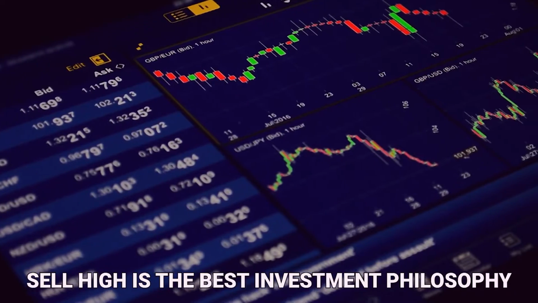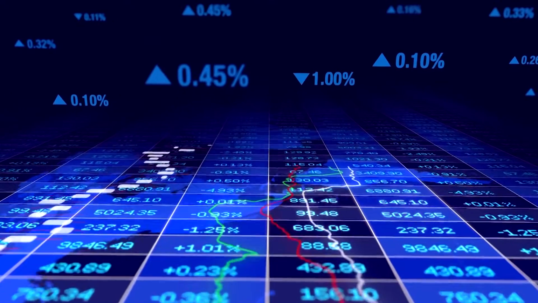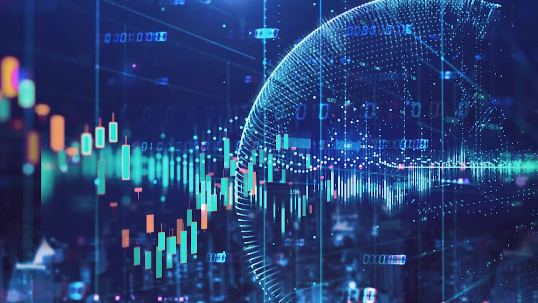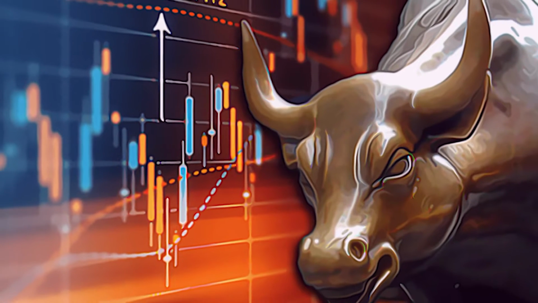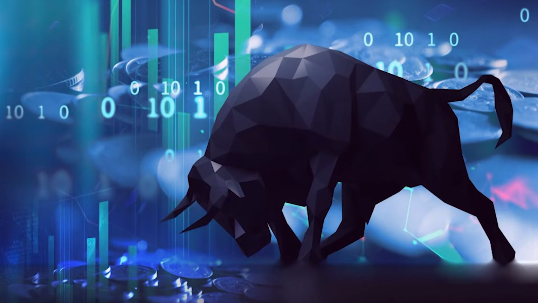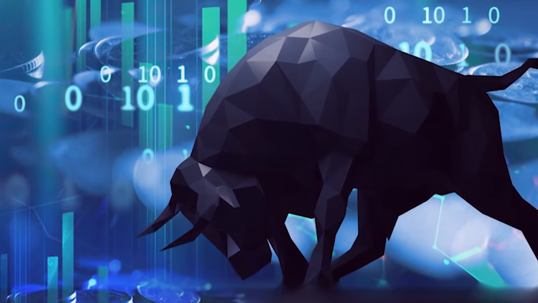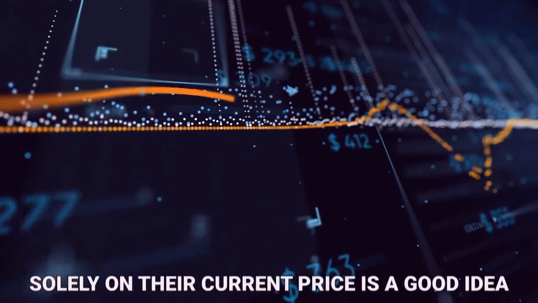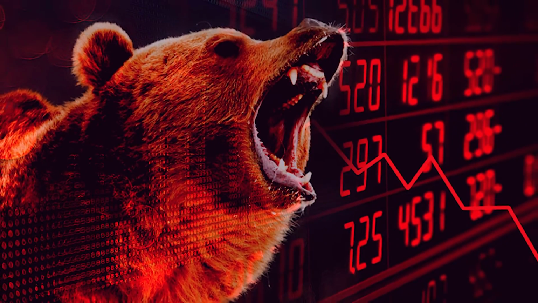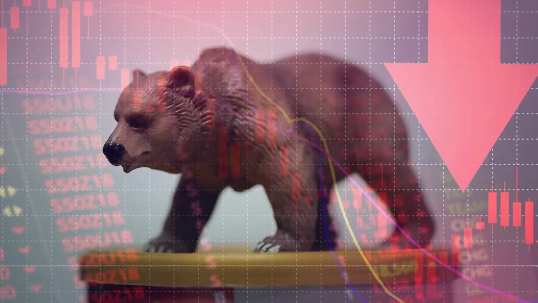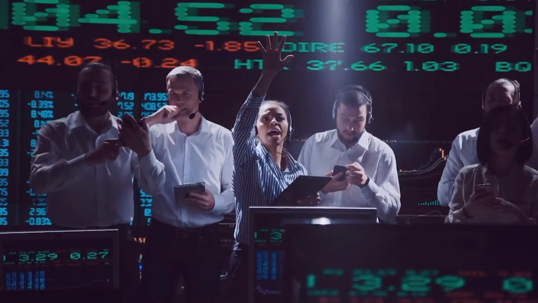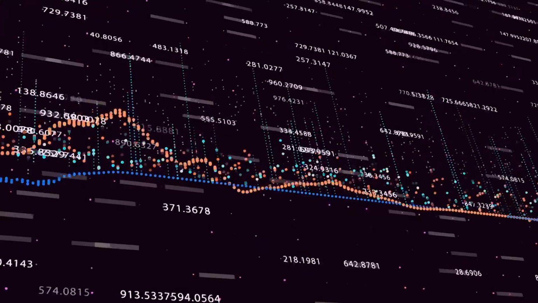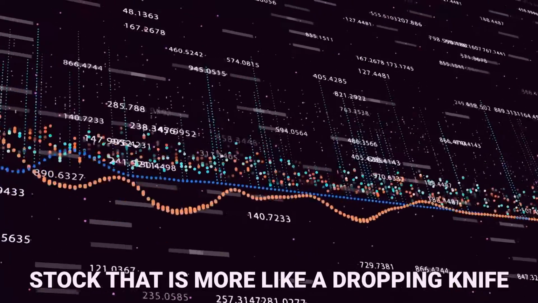Buy low, sell high is the best investment philosophy. That means you should invest in a bear market and resell in a bull market. Yet, investors tend to flock to equity markets during a bull run and can only make money from their investments during the next bull run. Investors who lose faith in the market book losses and depart the market. As long as you don't overlook the company's fundamentals, picking stocks based solely on their current price is a good idea. In a bear market, you need to know if you're getting a falling knife or a mango when you invest. It suggests that when investing in a stock in a bear market, one should always look at companies with good fundamentals rather than a stock that's more like a dropping knife.